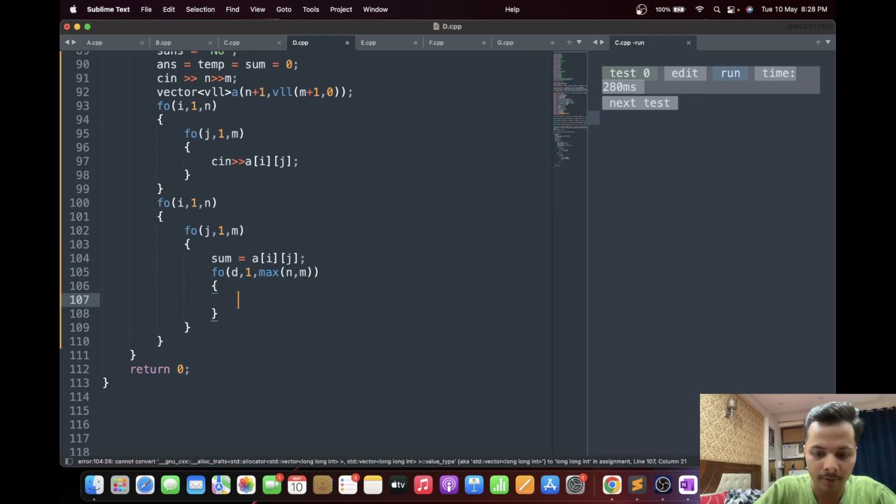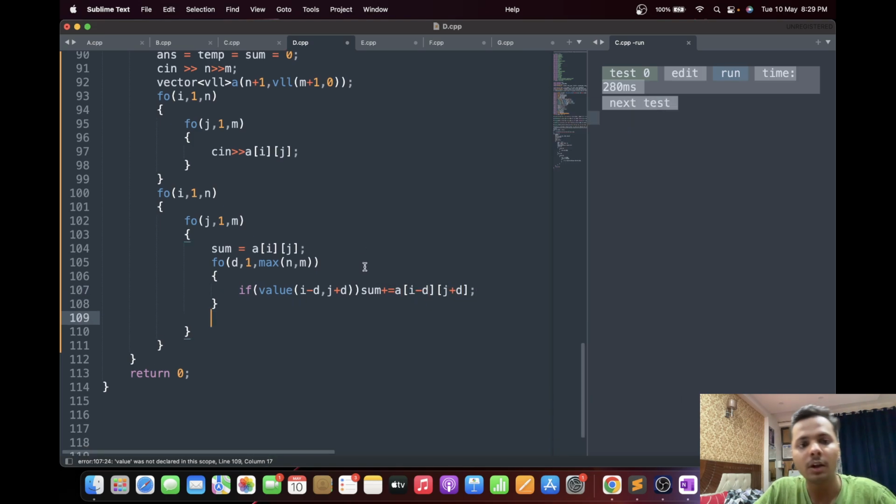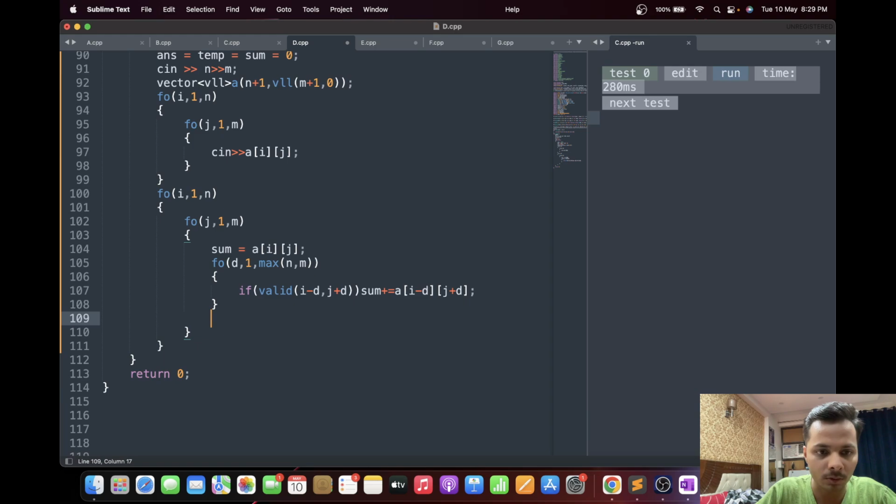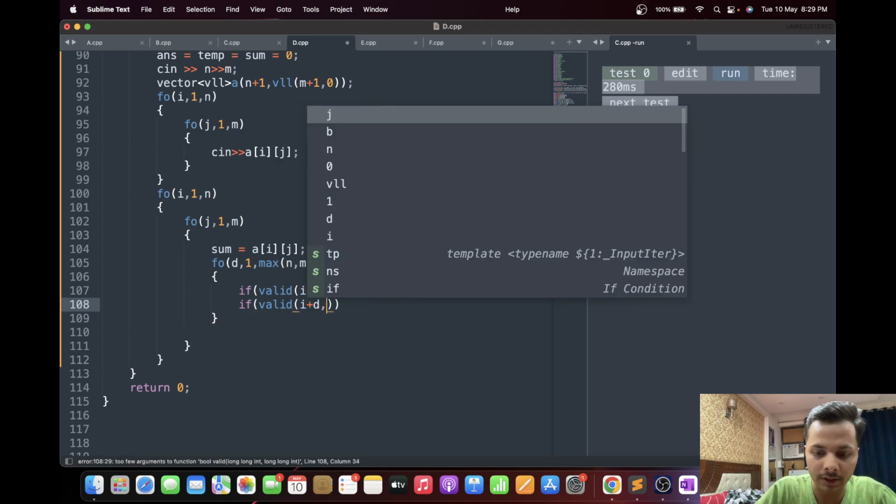Okay, so if valid of I minus d and j plus d, sum plus equals a of I minus d and j plus d. Okay, similarly now we are going down to the left by d. I think we can add it here only. So now our row is increasing by d and basically column is decreasing by d.